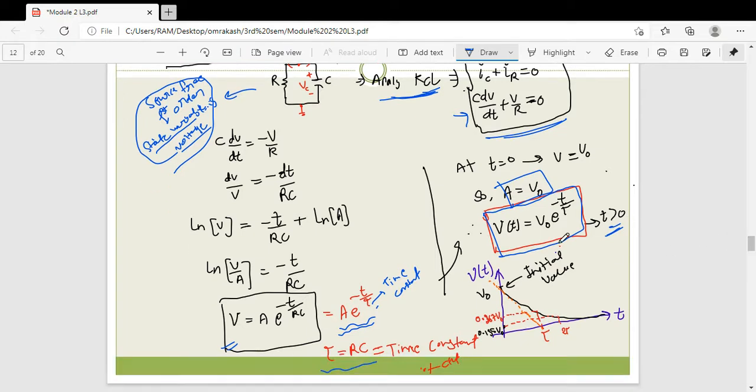When you draw this, you will find the waveform such that, simply, you put different values of time with the time constant, right? The time constant is constant here, and for different instants of time you will get this. Now see, this is minus, so your response is a decaying response, right? So at some particular time instant this waveform will die out. Okay, so this is a transient response.